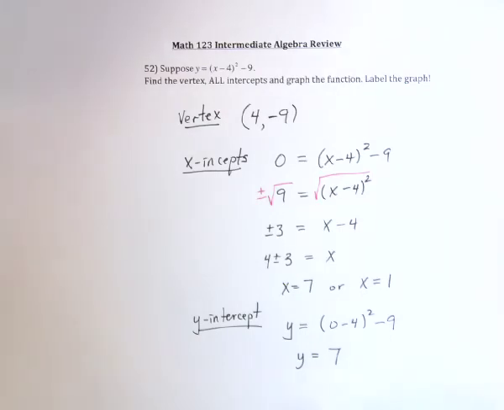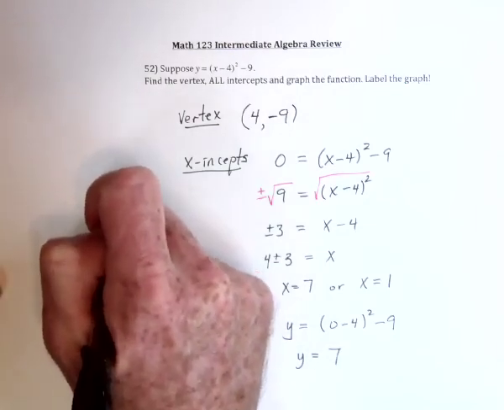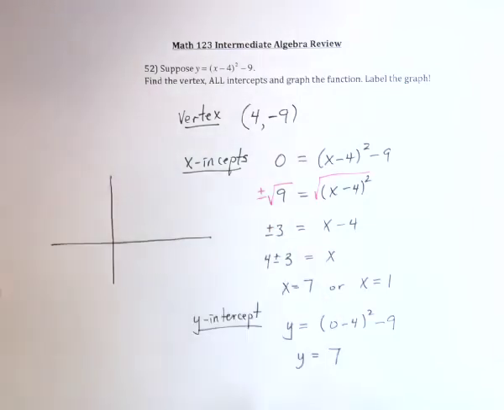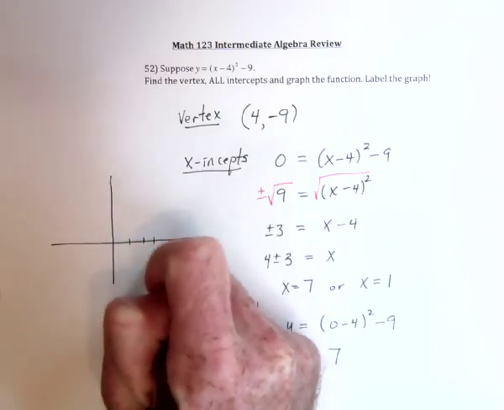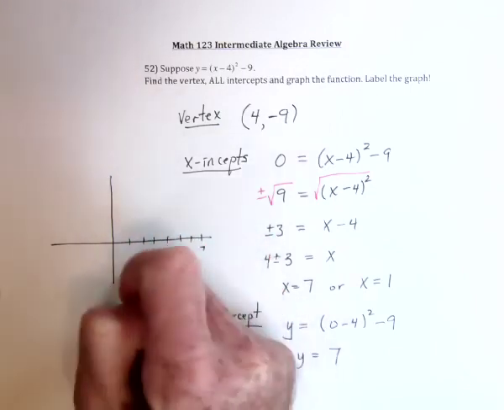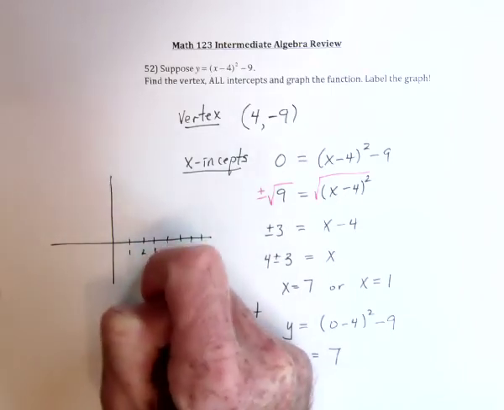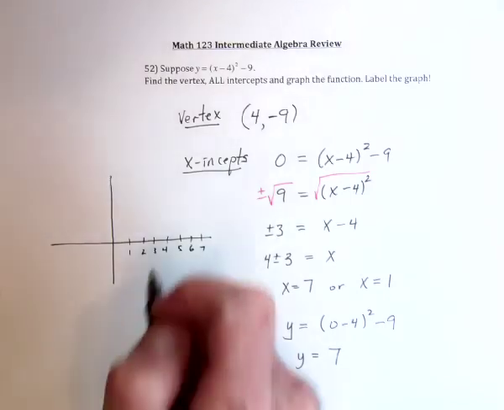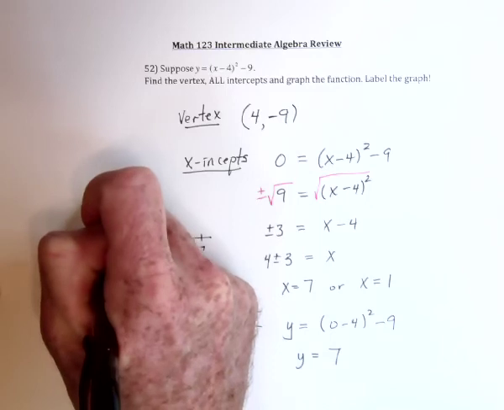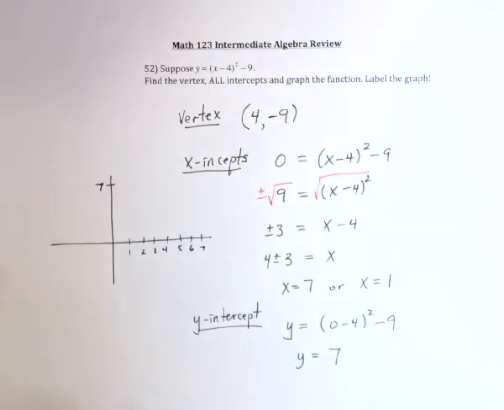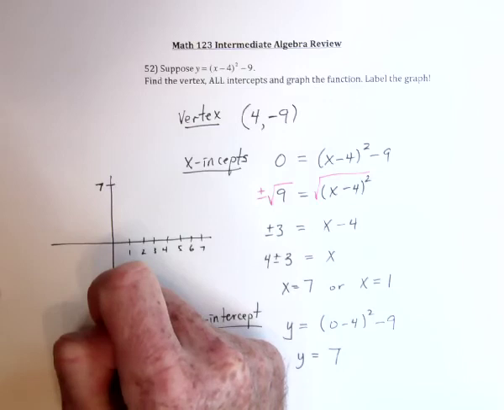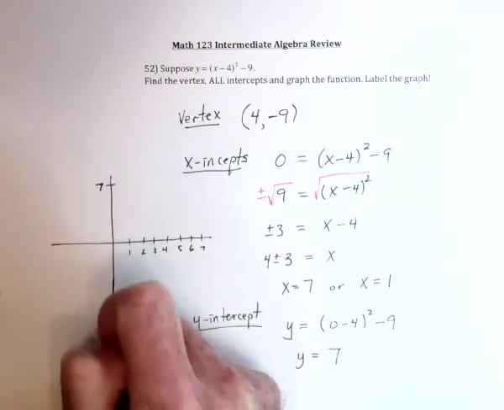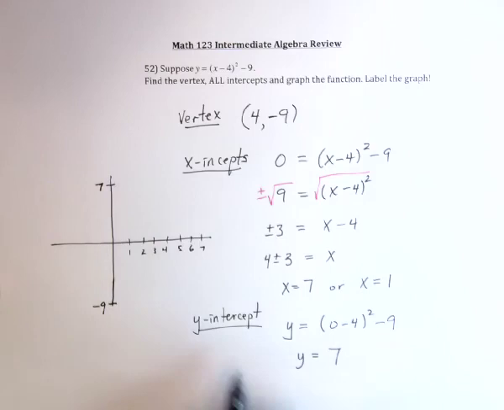So the graph, I think I could put the graph right here. So what numbers do I need? I definitely need 1 through 7. So 1, 2, 3, 4, 5, 6, 7. And on the y-axis, I need it to go up to 7. So I'm not going to draw all the hash marks. This is going to be y is 7. And then according to this, I need -9 on the y-axis. Okay, so 4,